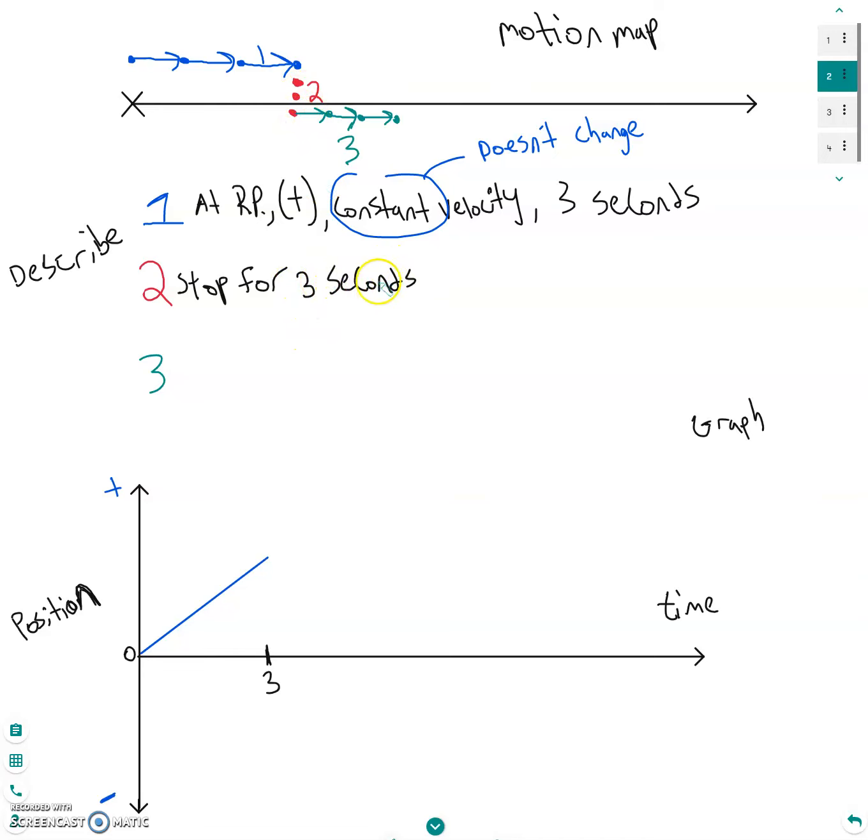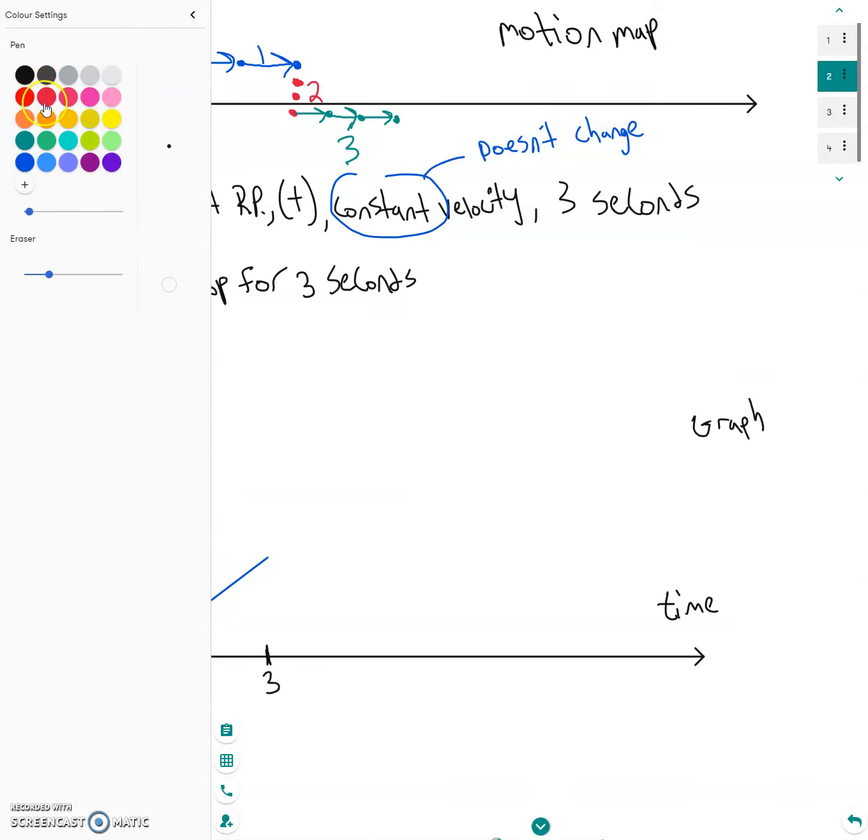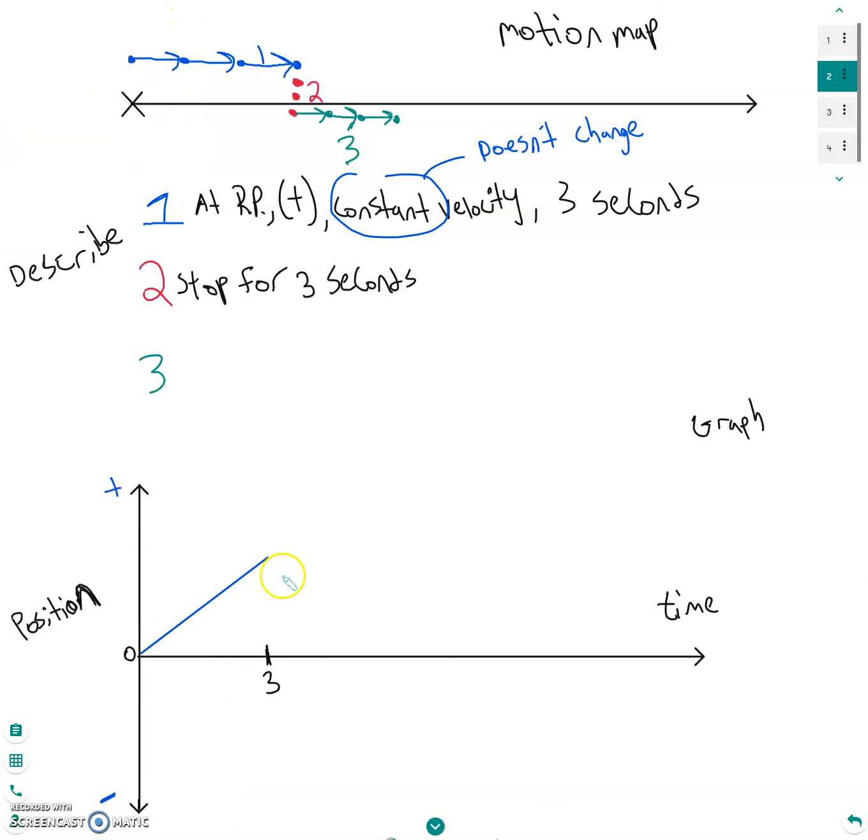3 seconds. And what does stop look like on our graph? Stop looks like the change in position. How the position is changing is that it's not. So you're staying in the exact same place. So if, let's say we're staying right here. Okay, that should be straight, sorry. You're going to grab your tool and you're going to make your line like this for 3 seconds. There we go. So then that would make,